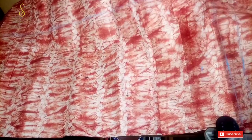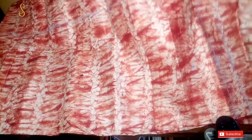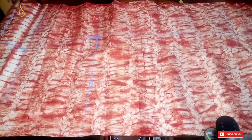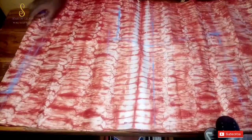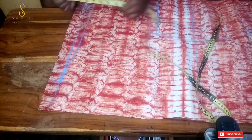So it was just folding and folding and folding, so I had to be adjusting it as I was cutting it. So after marking the straight line down there, we are going to go to the neck area and go ahead and mark the neck